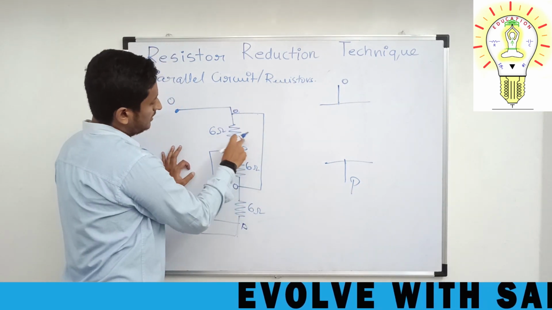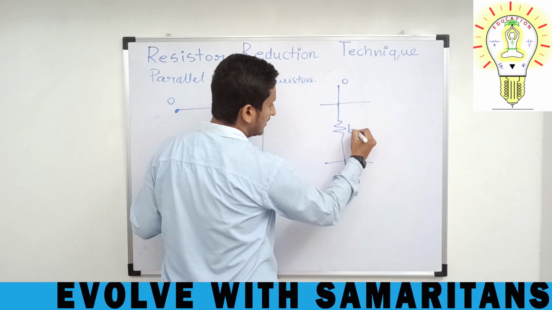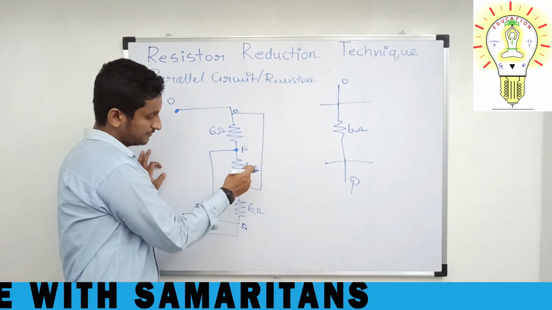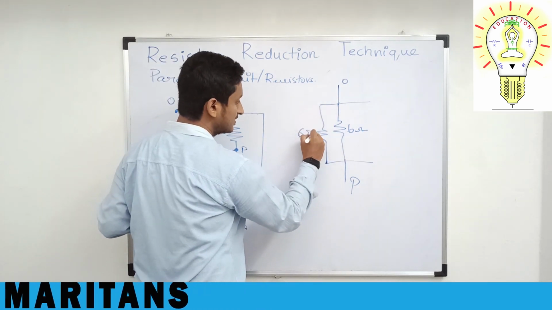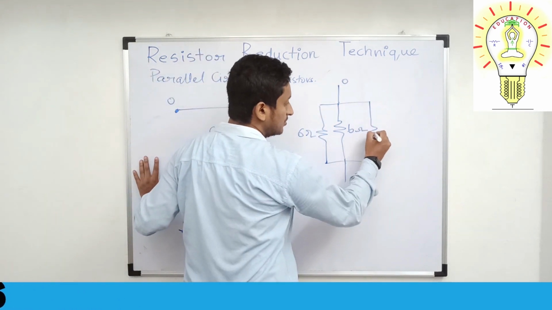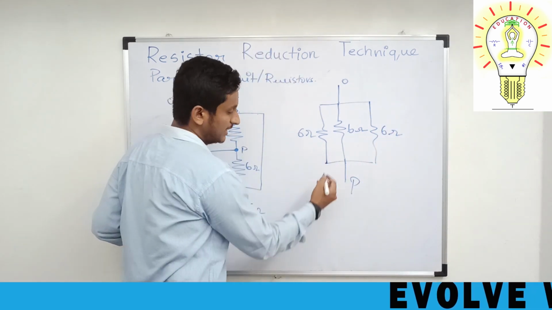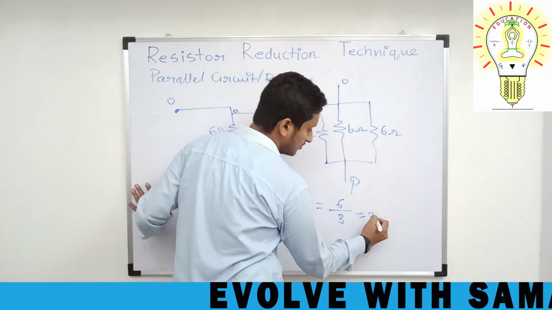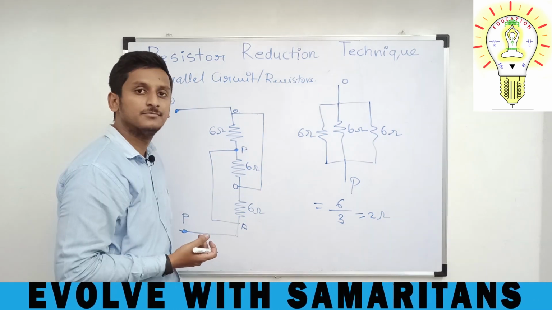Now from O to P there is one resistor, right? You take from O to P one resistor of 6 ohm. Again from P to O there is one more resistor. You take this resistor, again draw this. This is 6 ohm. Again from O to P there is one more 6 ohm resistor. So again from O to P I am drawing one more resistor. Again we have got the shortcut, same thing. How many resistors? 3 resistors. What is the value of the resistor? That is 2. The same thing, same concept, but the orientation is different.